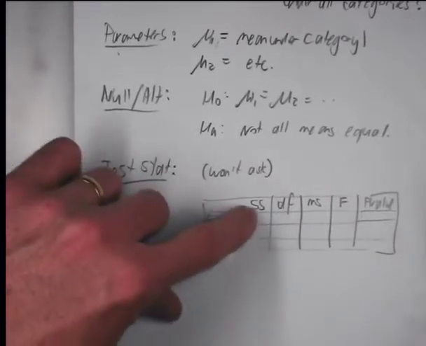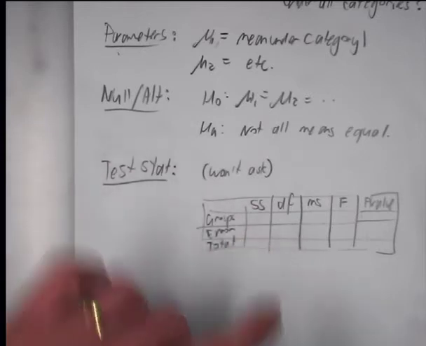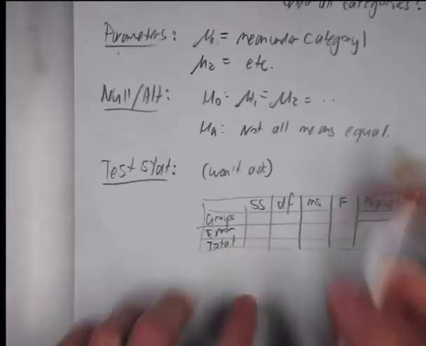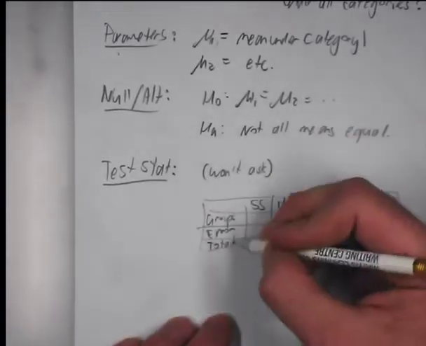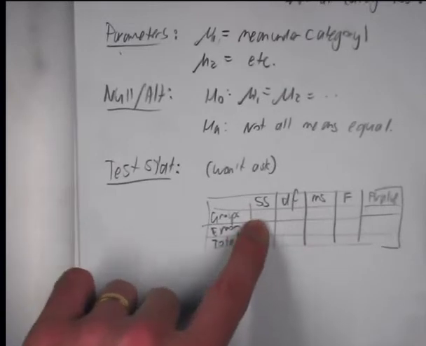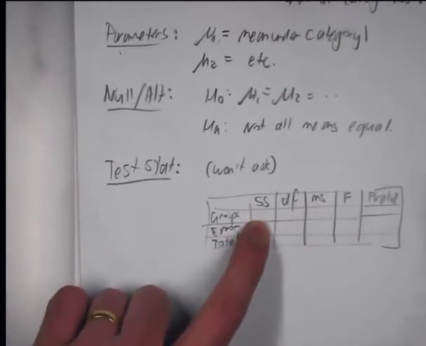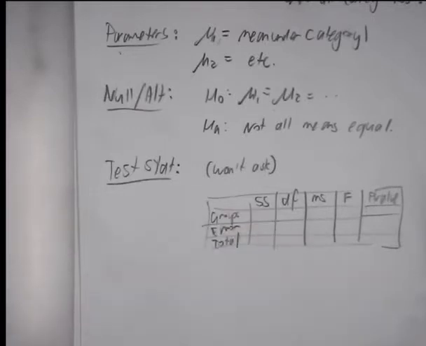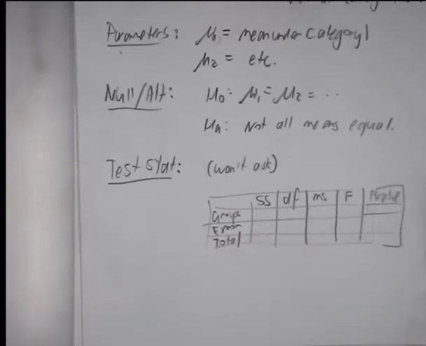Now these sums of squares are variances, so you figure out how far everything is from the mean, and you square them and you add them all up. That's the total. That's the grand mean. This group's one, you figure out how far each group mean is from the grand total mean, and you add them all up and square them. And this one is each person from their group mean. So the idea being that if you're really far away